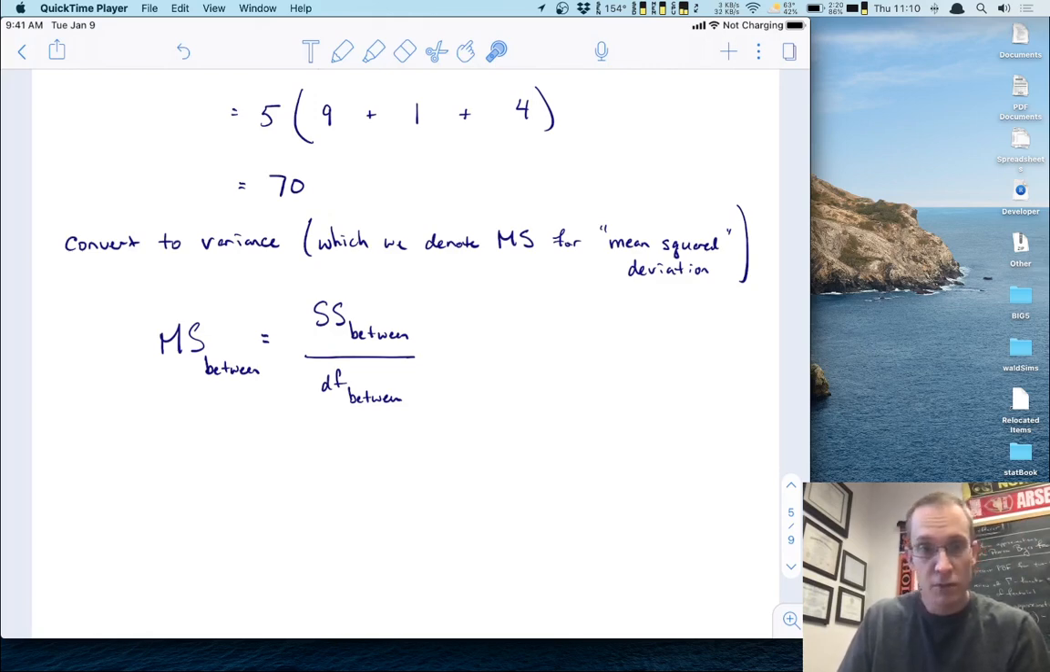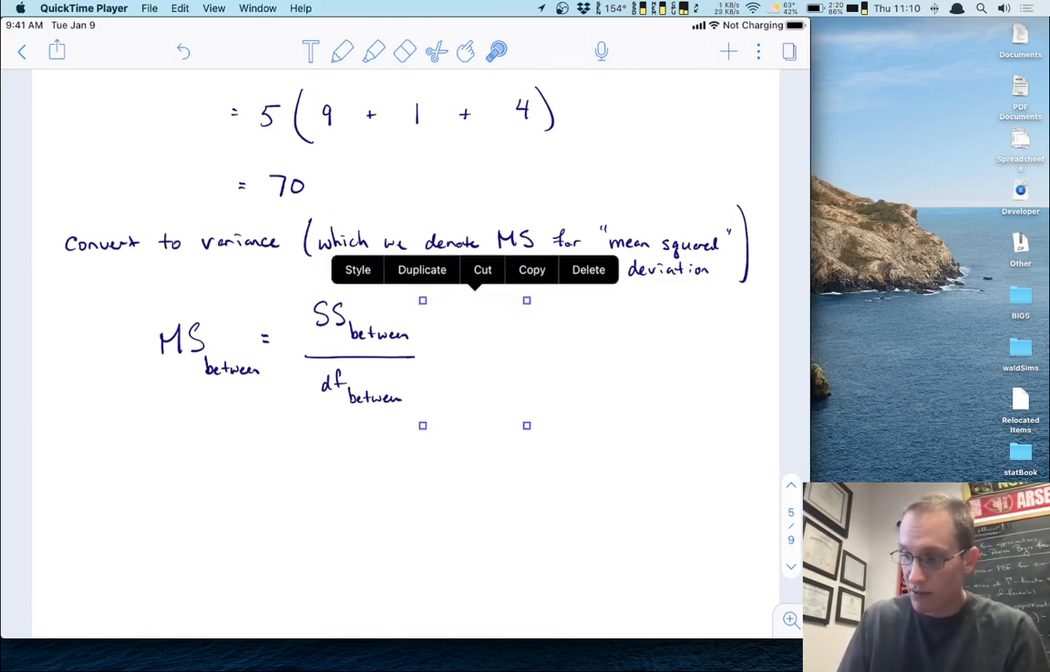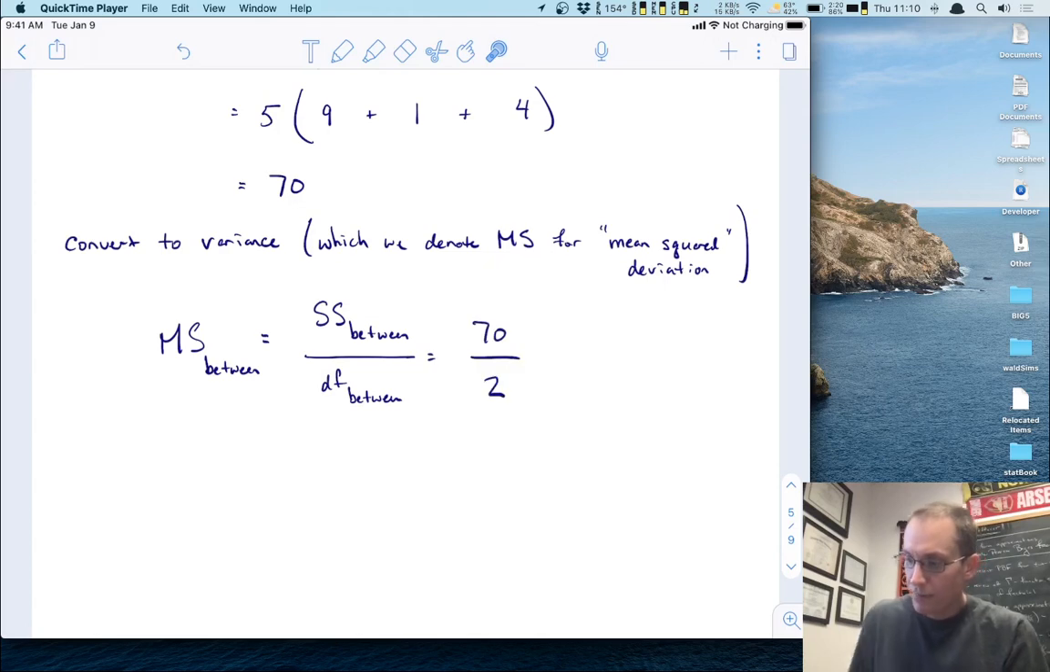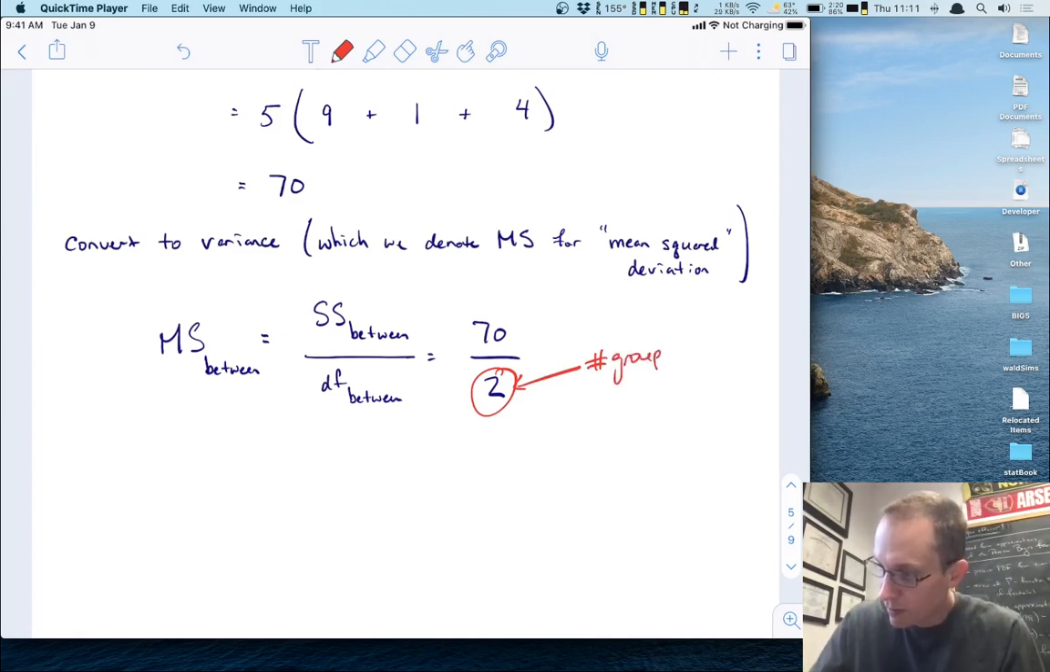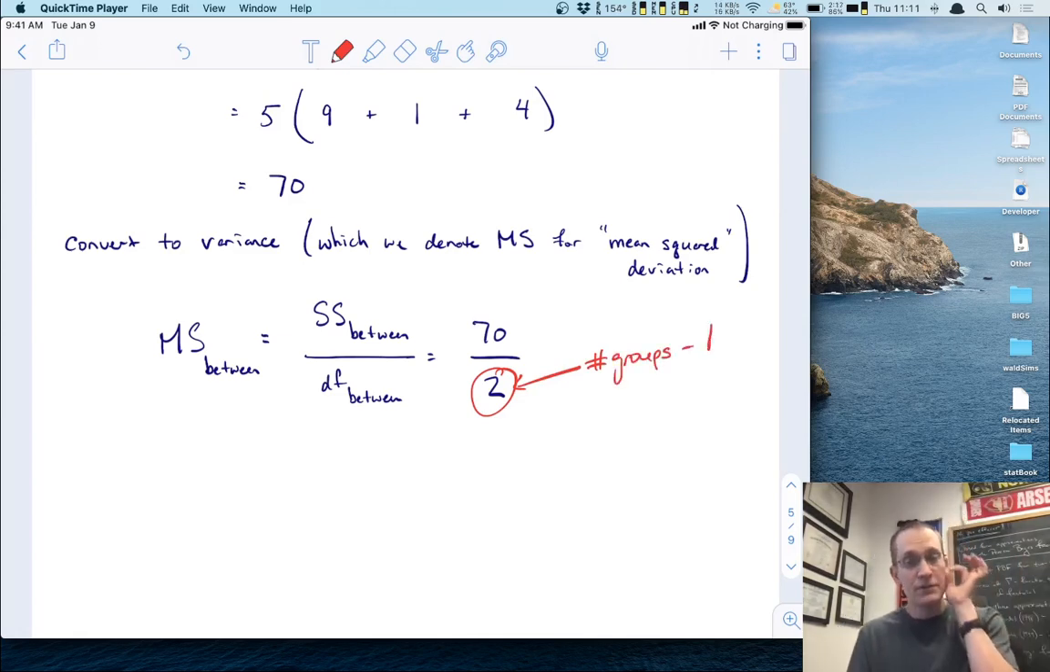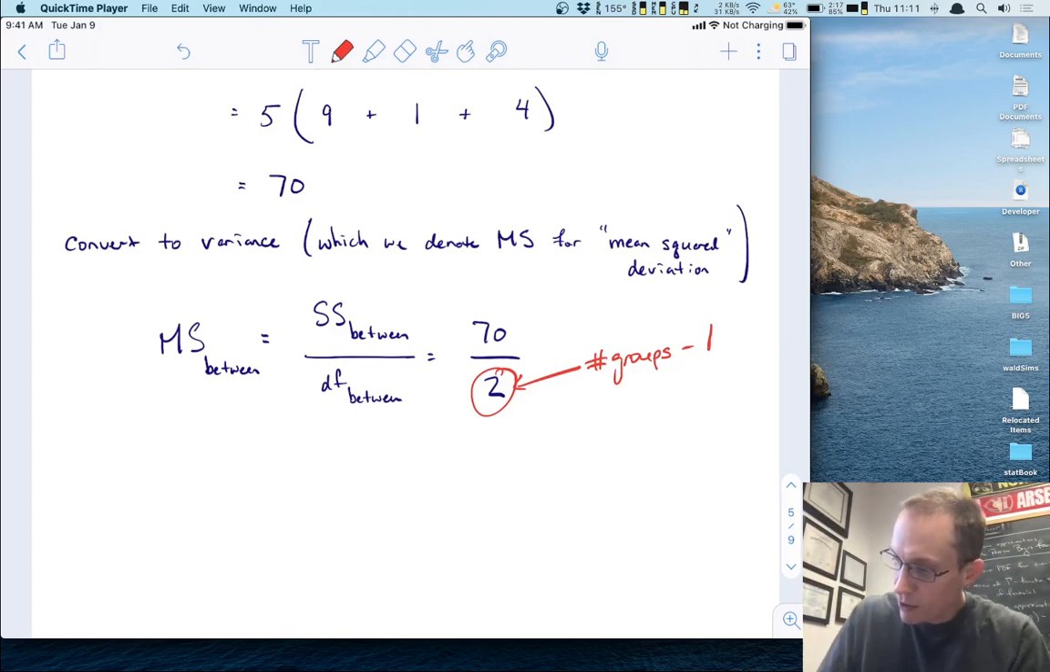Well, the sum of squares between, we just figured out, right? That was the 70. DF between is going to be 2. Why is it 2? Well, remember, any degrees of freedom is going to be the number of something that you're dealing with minus 1. This is just simply the number of groups minus 1. We have 3 groups that we're comparing, so the degrees of freedom between groups is going to be that number minus 1, or 2. And if we do that,